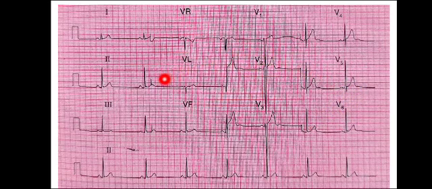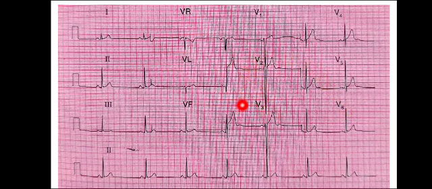And the other thing is that this S wave is very deep in lead V2. Normally we don't get such a deep wave in the leads. So there are certain criteria by which we actually define the left ventricular hypertrophy in a patient's ECG. So if the sum of the S wave in either lead V1 or V2, whichever is deeper, in this case lead V2 has a deeper S wave,